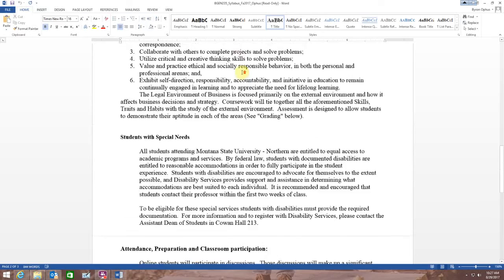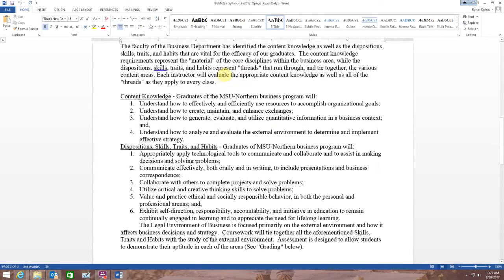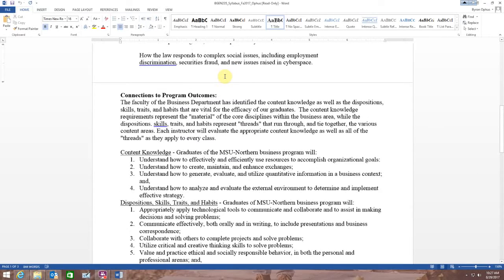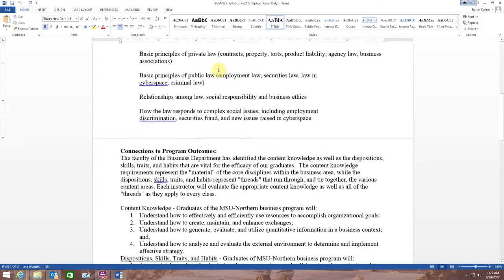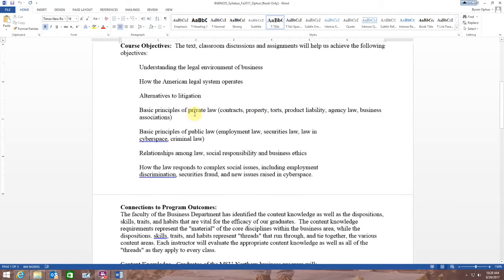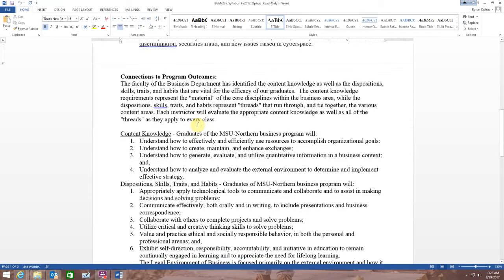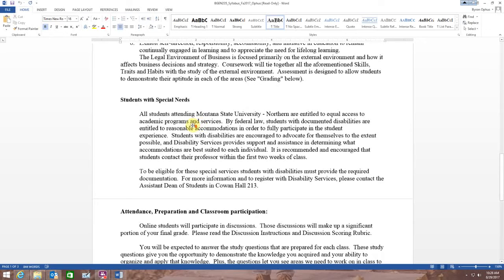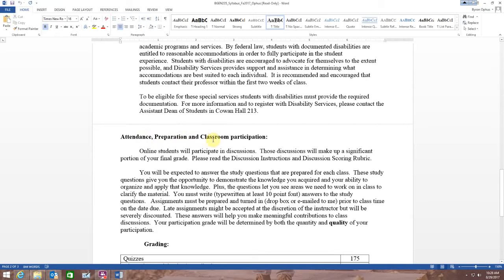Sorry, I'm scrolling back and forth, but the top part of this is a lot of generic stuff that we put in. Most of our business faculty would put this type of information in there. This goes over what we will cover during the course of the semester. You get down here, though, and we talk about attendance. Obviously,